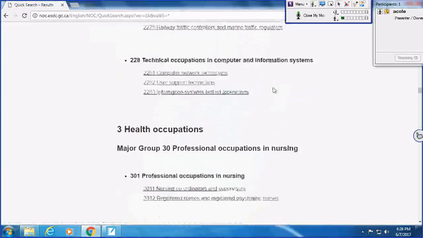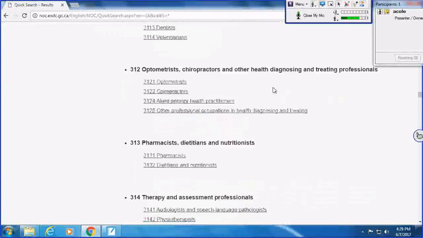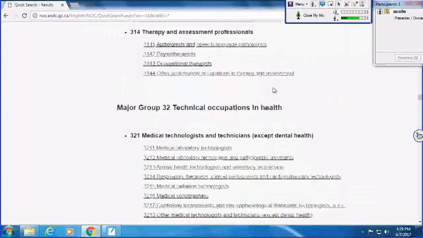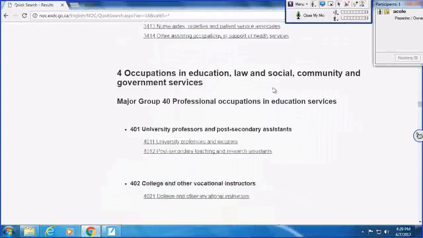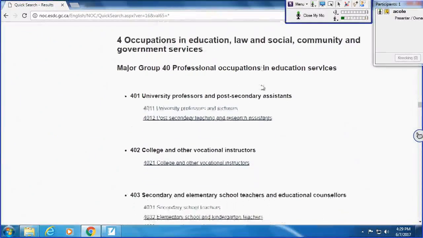Keep going. Jobs in health occupations like doctors and pharmacists. And for me as a teacher, I'd be looking at occupations in education, law, social, community, and government services, right?